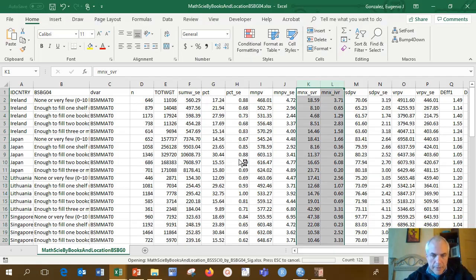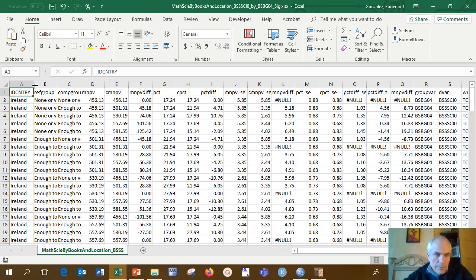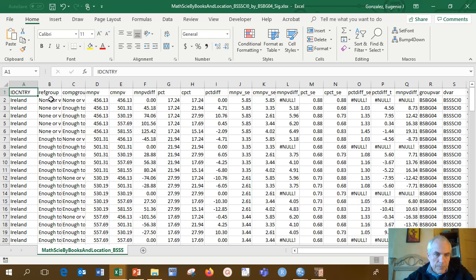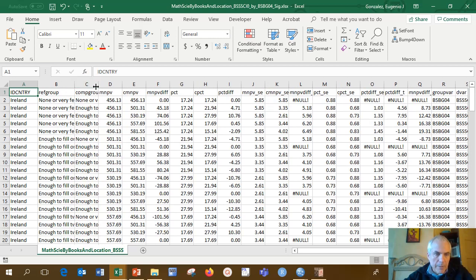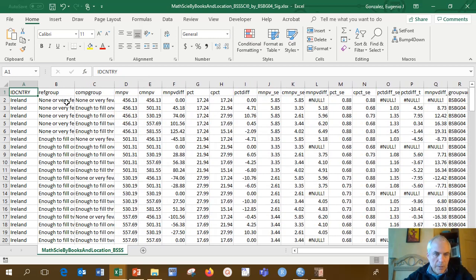And in this file, for each country, you'll have the comparison between the reference group and the comparison group. So this is a comparison between those that have no books in the home and the other categories. You have the mean plus all value for the comparison group, and you would have here the difference,